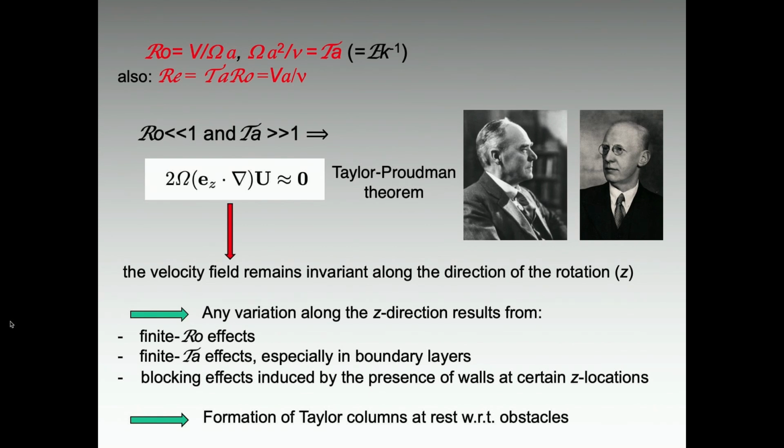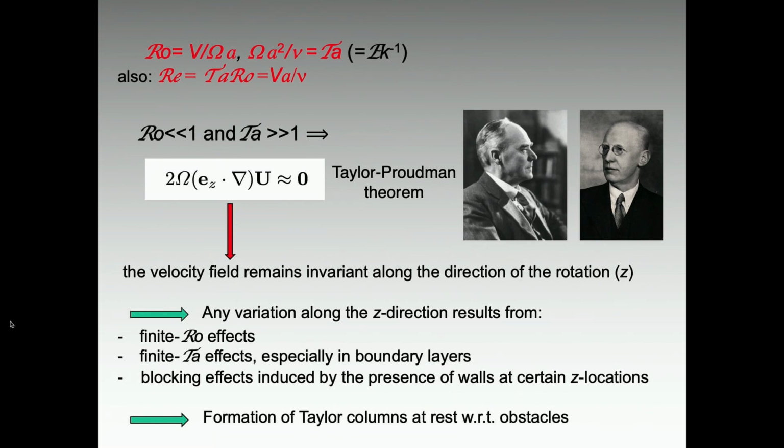Okay? And as presumably most of you know, in the limit of very low Rossby number and very large Taylor number, the vorticity balance reduces to this very simple form, which is known as the Taylor-Proudman theorem. And this simple form tells us that this dot product has to be zero in this limit, and this dot product being zero means that the velocity field should remain invariant along the direction of rotation,